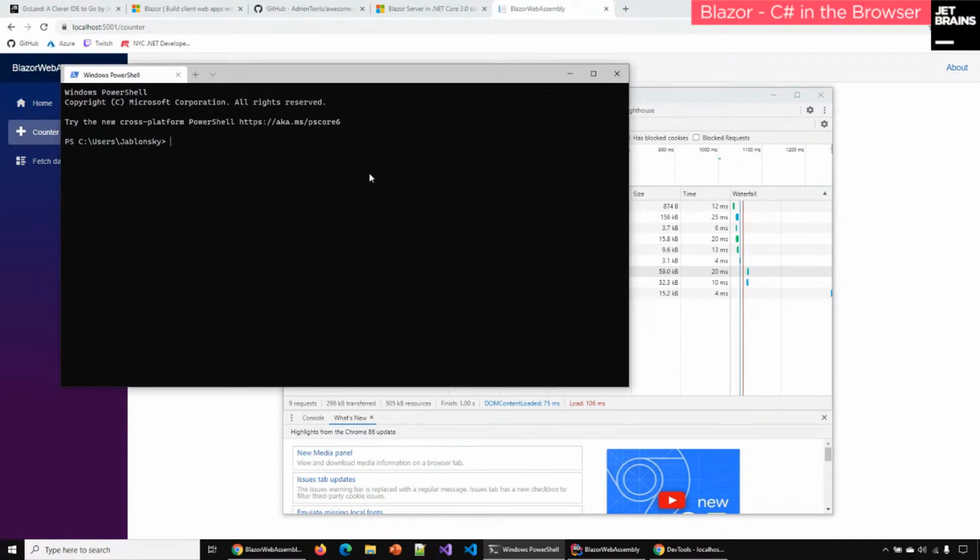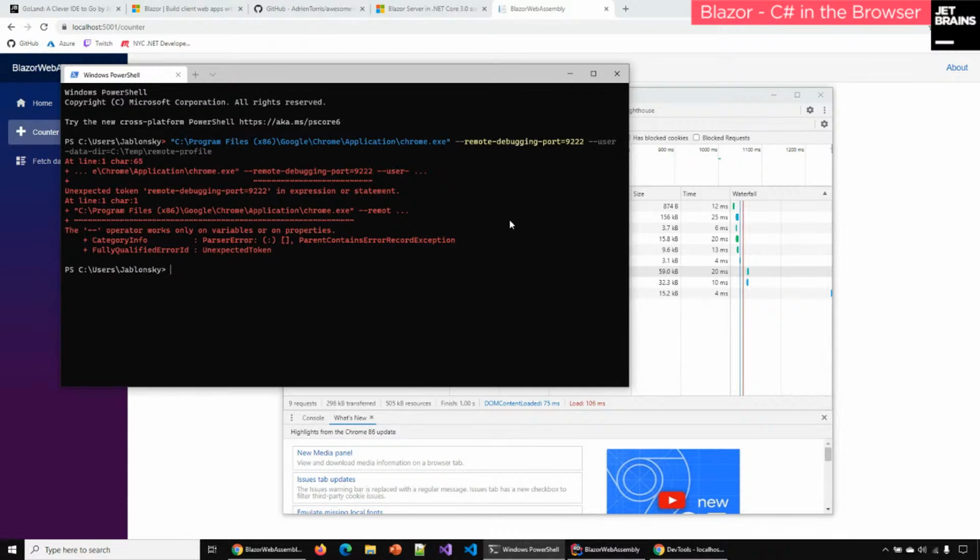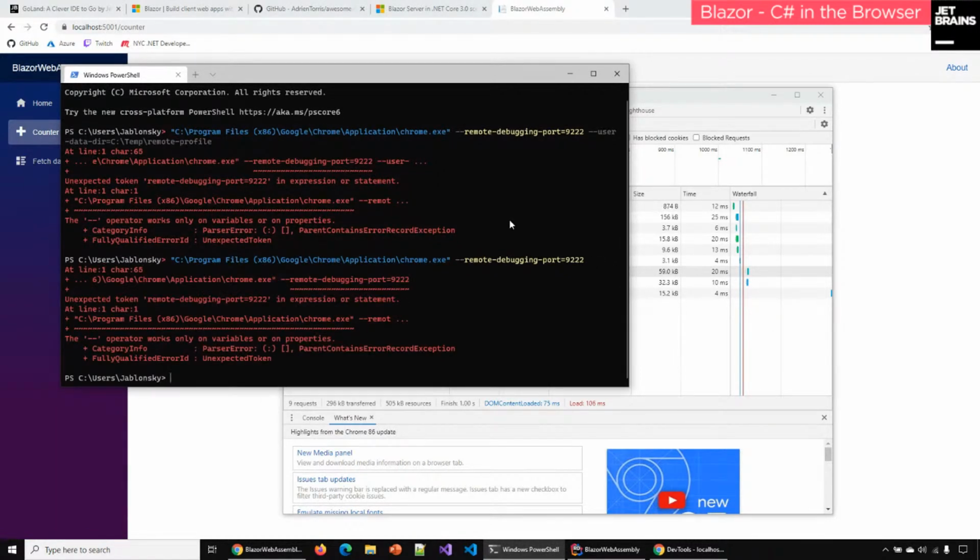So let me copy and paste this. This is basically running the Chrome application, adding the remote debugging port, and, well, that was working.